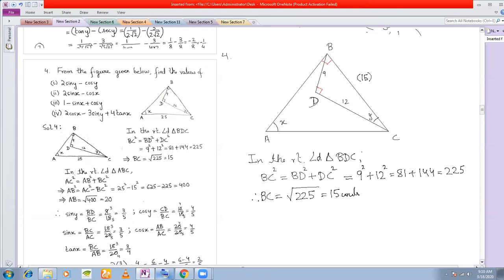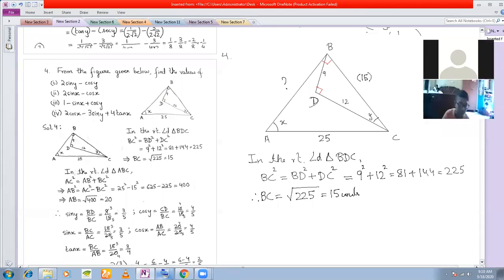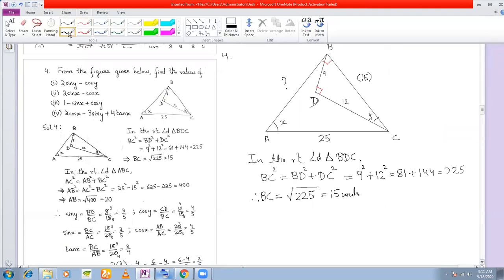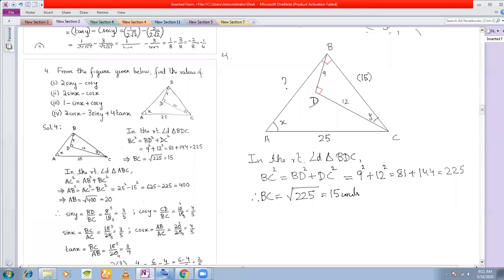Now if you see the bigger triangle, this length is also given. I forgot to write, this length is given as 25. Now if you see the bigger triangle ABC, in this triangle the length of AC is given and the length of BC is given. That is, two sides are given. Only the length of AB, this side, we need to find out. And you also see that triangle ABC is a right angle triangle, which is right angled at B.